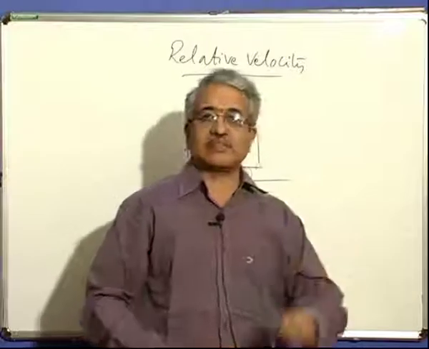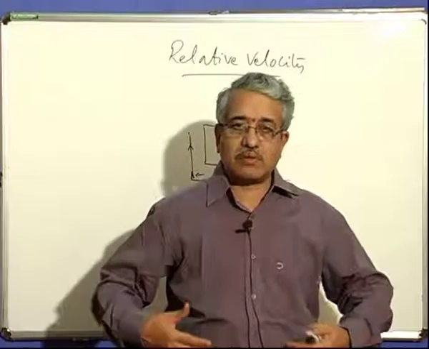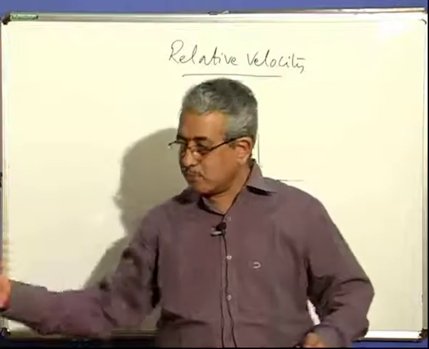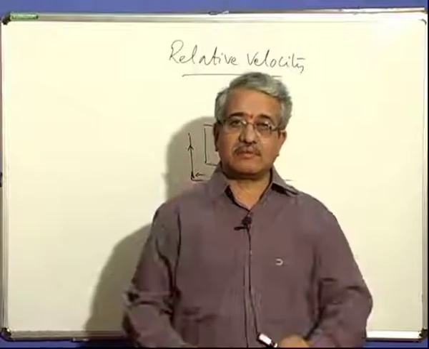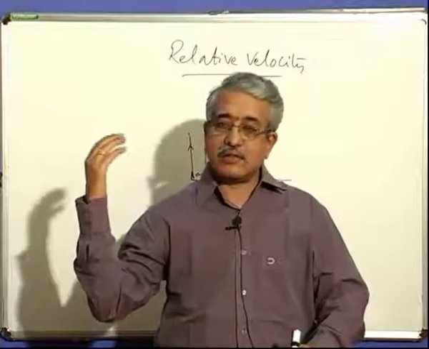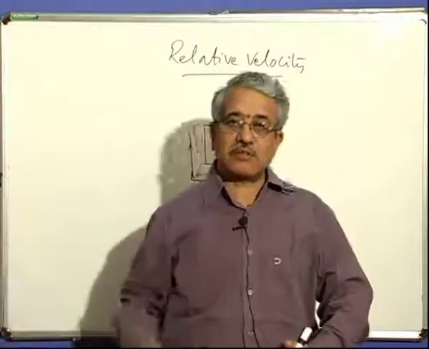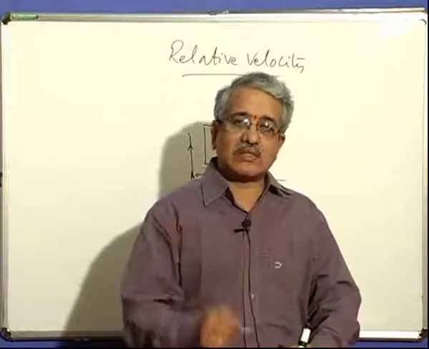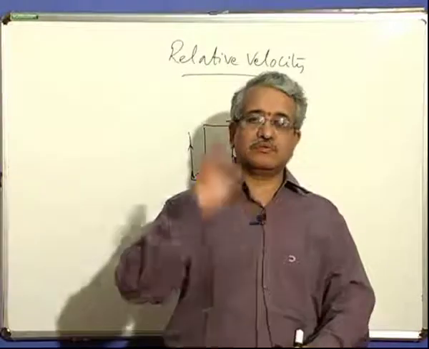Actually, you can really see this. When you are in the compartment and you see the platform outside, while the compartment is moving, you can see as if the passengers on the platform are moving backward. Actually, they are not moving backward, you are only moving forward. So this sort of feeling, what you are getting as the velocity of the tree or the velocity of the passengers on the platform, is the velocity as measured by you, and that is what is called the relative velocity of those people, of those objects with respect to you.